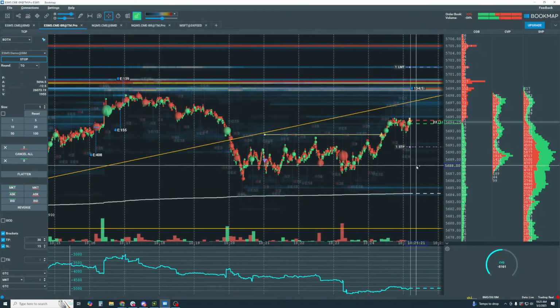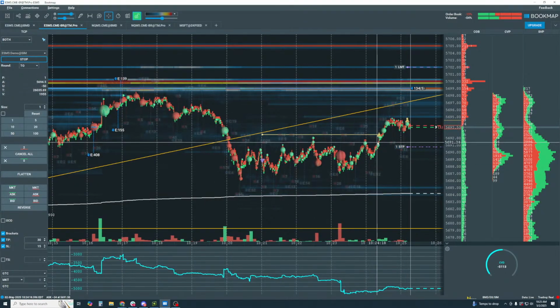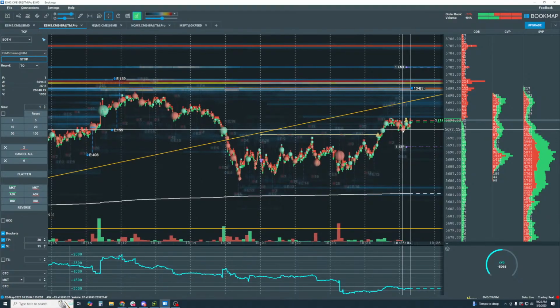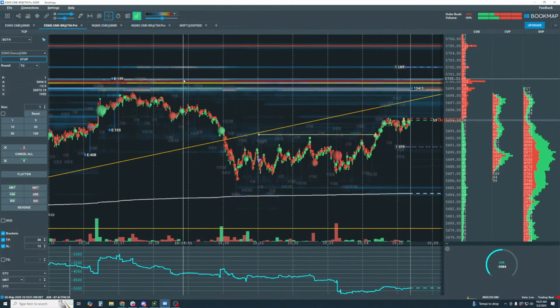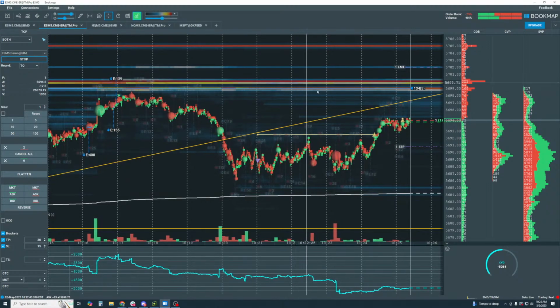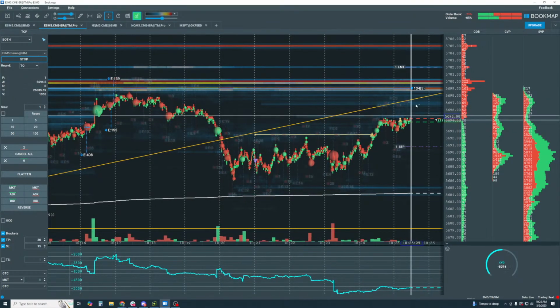All right, so let's see if we can get it here. It didn't pull. We're just grabbing this small pullback here, and now looking to see if we can get these buyers to come back up. We've never tested this 5,700. Okay, so let's see if we can get these buyers to come back in and push it higher up